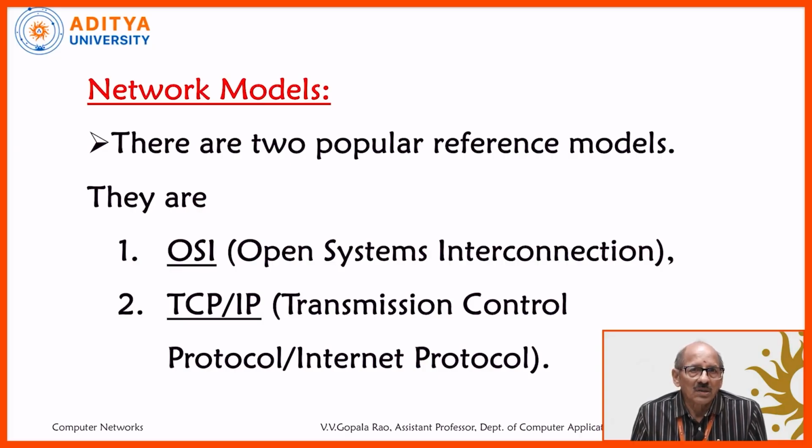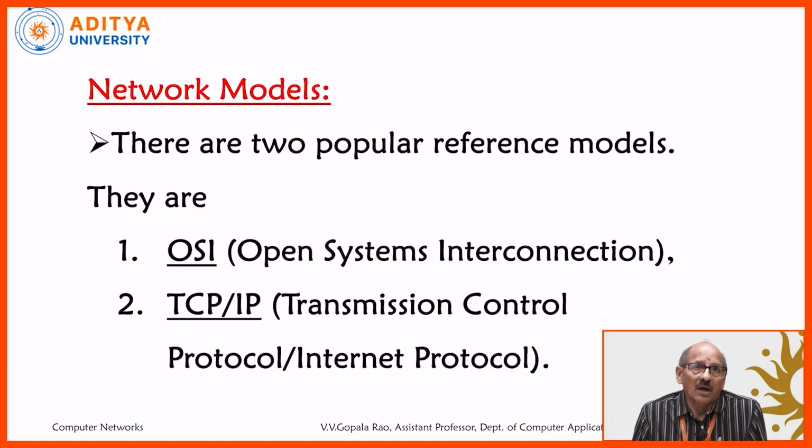Why? Because if we don't know how the network is to be followed by various devices manufactured by various people, then it is a problem to manage all the devices to come close and do a transaction properly. So there should be some rules and regulations defined by people, and that is why ISO came forward and decided on a service model called the OSI model, Open Systems Interconnection.